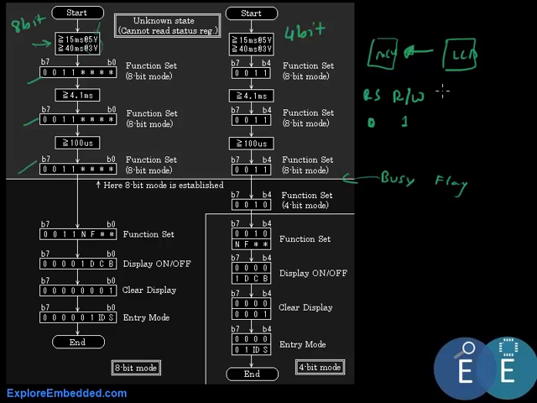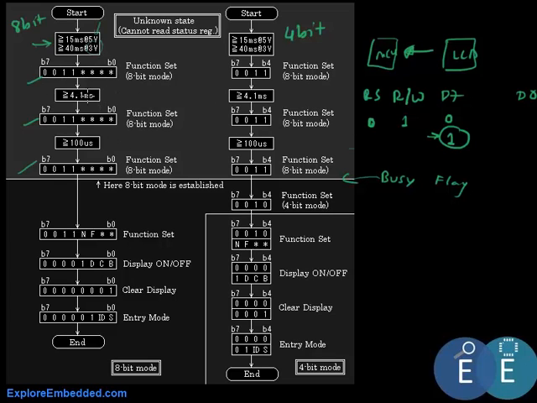Now what it returns is on D7 to D0, and D7 is the important one. D7 is the busy flag. If the LCD has finished displaying the previous character or executing the previous command that we sent, the busy flag would be 0. Otherwise, if it is busy doing its task, the busy flag would be 1. This is very important when you do not want to give delay between commands, and you want to actively read when the LCD is free, and then send the next command. The busy flag plays an important role,